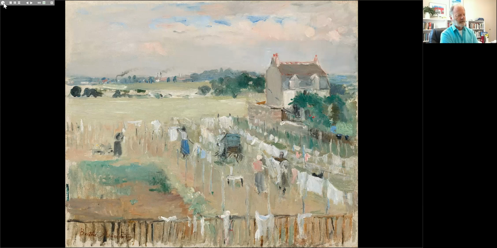But you could also look at this brushwork as bold, as experimental, as groundbreaking. And so here we're seeing a scene of women, domestics, women attendants, women employees hanging the laundry in a country home, the city in the distance.